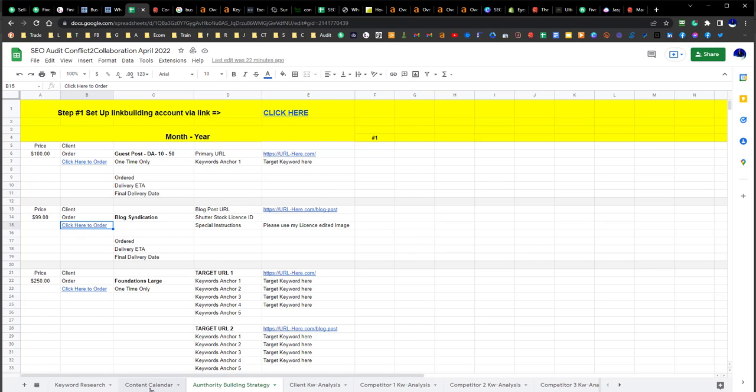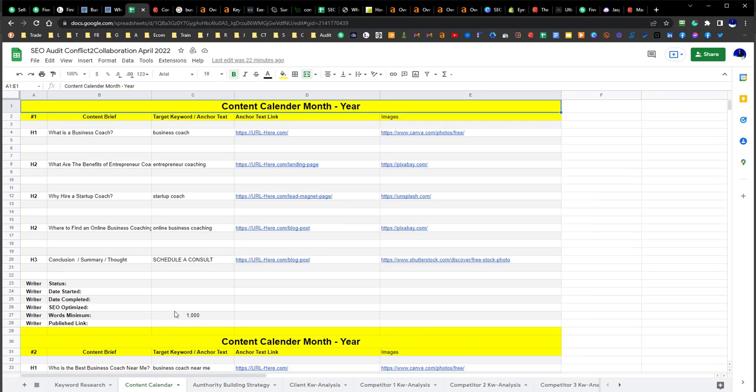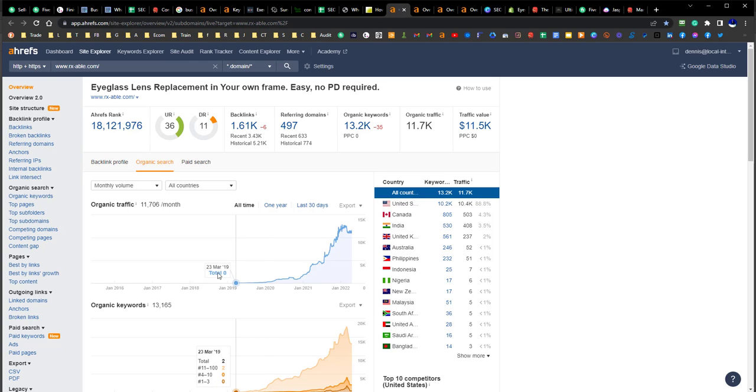So hopefully that makes sense. I've also included here a content calendar and how we kind of lay out the content. Usually we pick the topic and then make sure that the keyword is going to be somewhere within that paragraph, like I showed you before. And I would say if you could do 10 pieces of content a month, the whole idea is for it to be consistent. If you're going to do 3, if you're going to do 4, if you're going to do even 1, it needs to be consistent every month